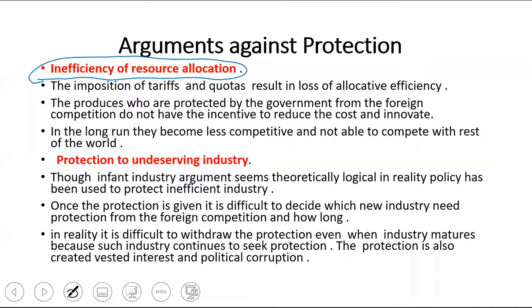Imposition of tariff and quota will result in the loss of allocative efficiency. Children, be careful here. Government import को control करने के लिए क्या करेगा? Tariff and quota इंट्रोड्यूस करेगा. टैरिफ एंड कोटा इंट्रोड्यूस करने पर इसका प्रॉब्लम क्या है कि there will be loss of allocative efficiency. अब resources को जैसा allocate करता है, वो allocation में कोई भी efficiency नहीं होगा, because goods are not imported, goods are not allowed to be imported, so competition होता ही नहीं है.